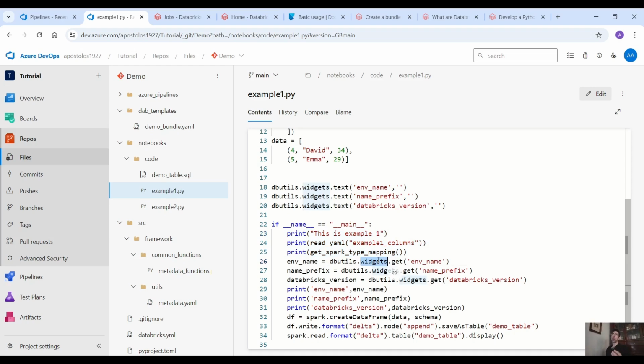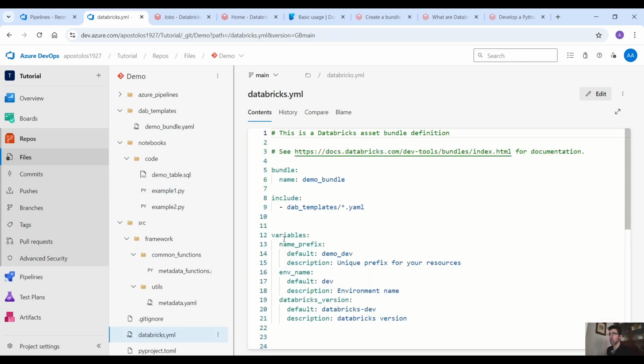how you pass parameters from Azure DevOps to your Databricks notebooks, right? How can you do that? Let's go back to our Databricks YAML file. And here, remember, we define the variables. That's very, very important. You have to define the variables that you want to pass to your notebooks in your